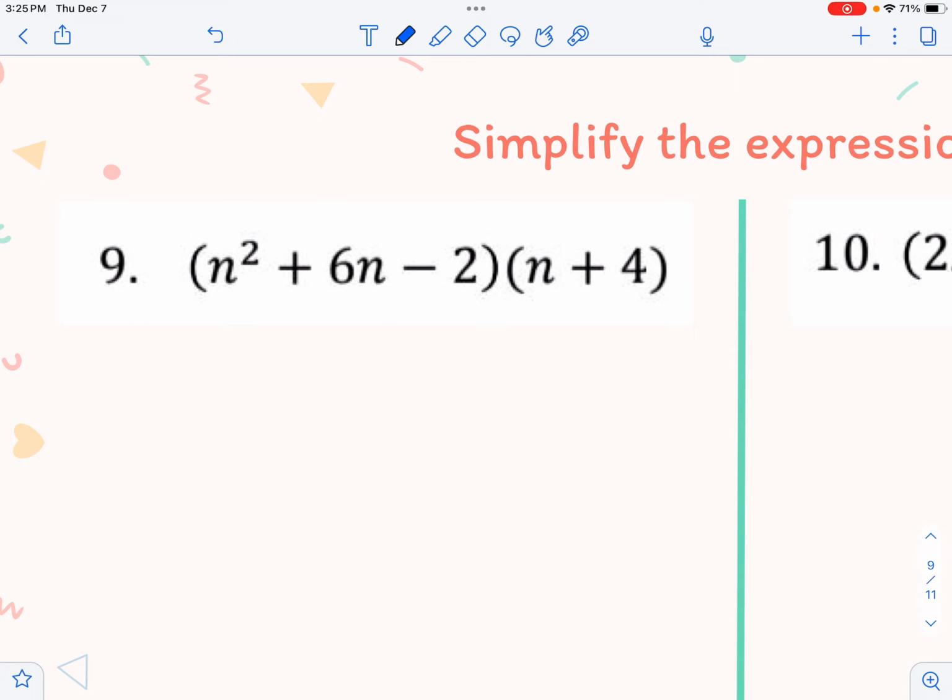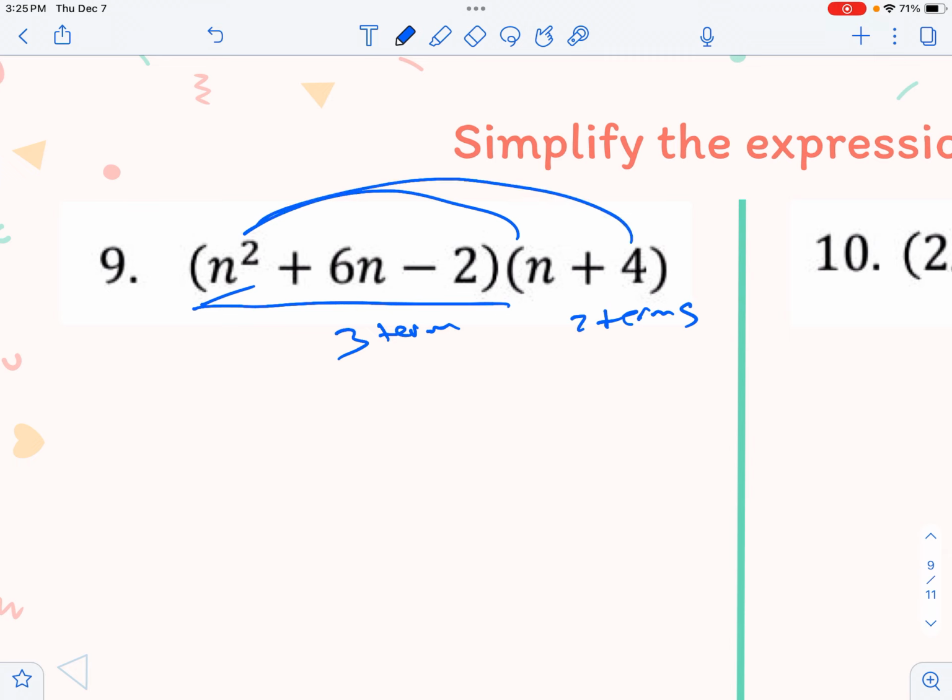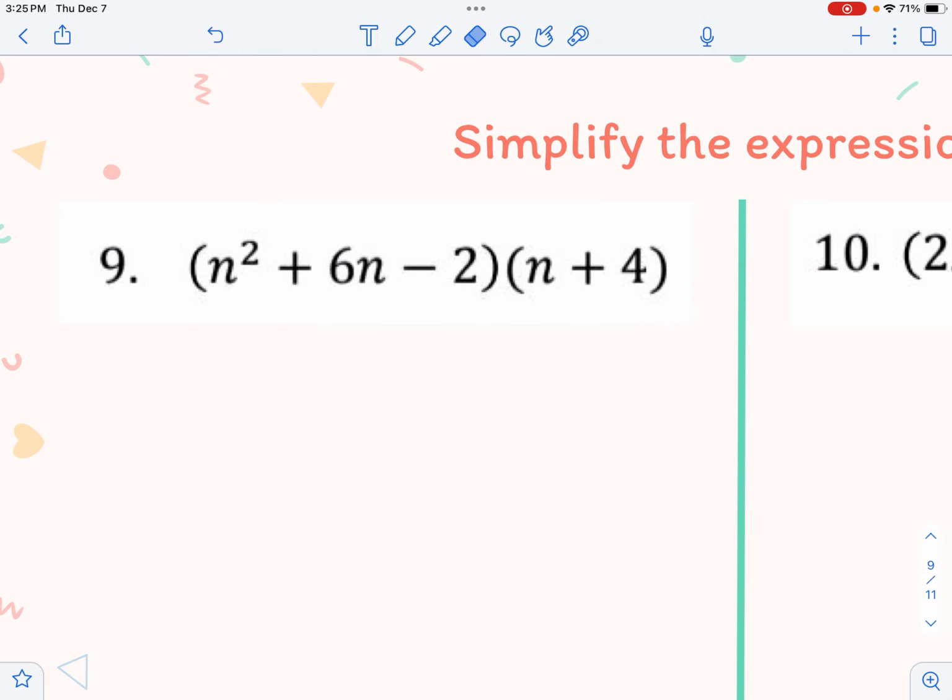Okay, this is a trinomial, 3 terms, times a binomial, 2 terms. Basically, I have to take every term in here and multiply it by every term in the binomial. You would basically use distributive property 3 times. You could do box method. I'll show you box method on the next one. For this one, I'm going to use distributive property, but I'm just going to multiply all 3 of these terms